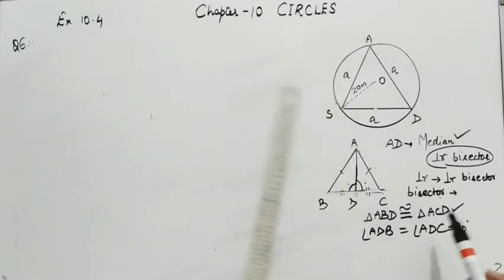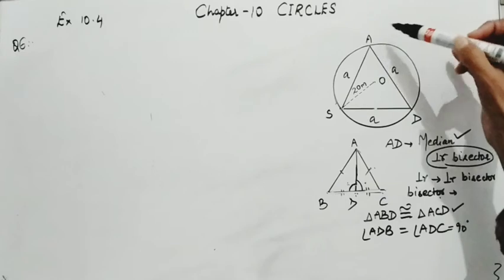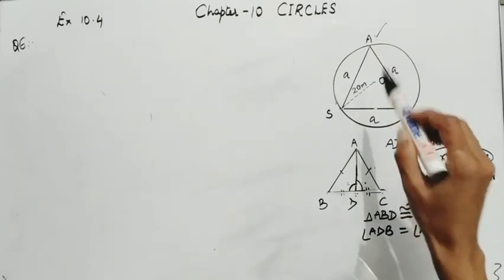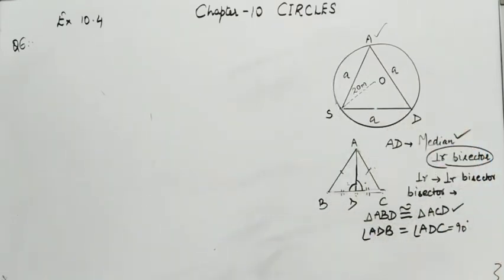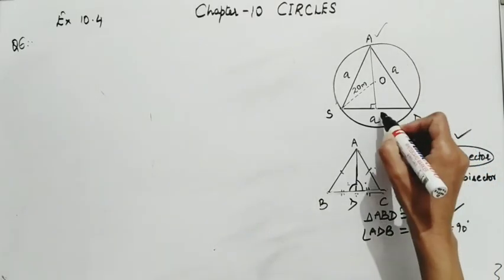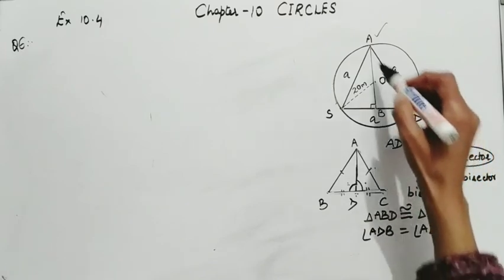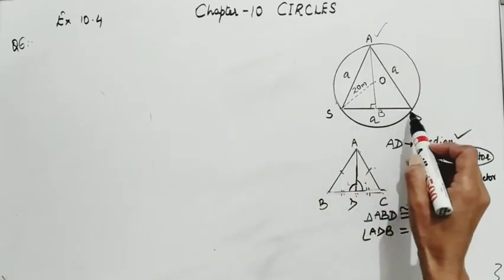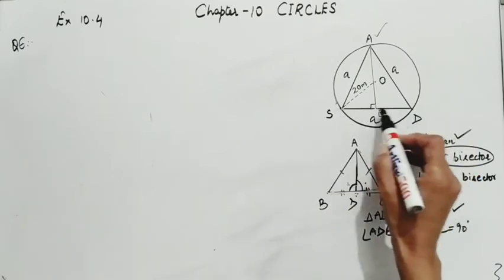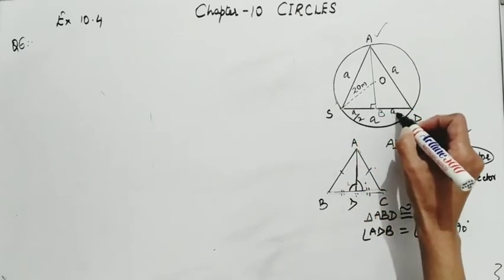over here also we observe ASD is an equilateral triangle. In this equilateral triangle, if we draw a median from this vertex A to fall on SD, that would serve as a perpendicular bisector. Let me draw that first of all. So I am marking it as AB. Yes, AB is a median for this base SD. This means SB and BD are divided into equal parts. So this is A by 2. This would also be A by 2.